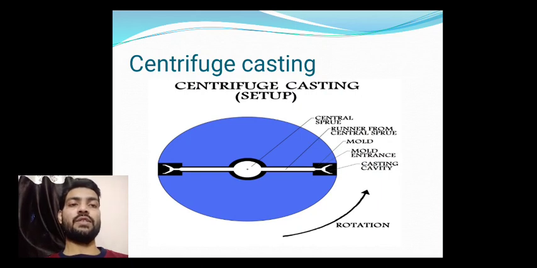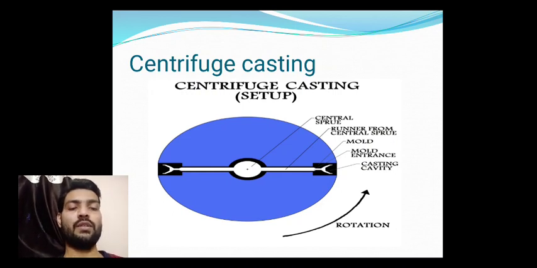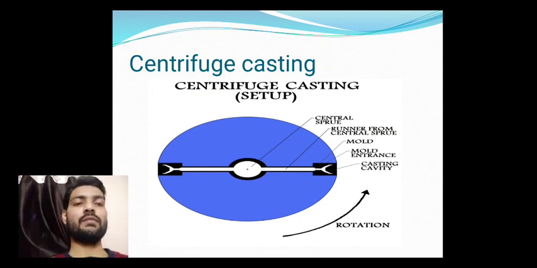Figure of centrifuge casting. It also rotates at very high speed. In this figure, we show two molds attached, but if you need more molds, you can also attach them, and after pouring molten metal into the cavities, it rotates completely and forms the product. Centrifuge casting is used for making things like jewelry, plugs, etc. Thank you.